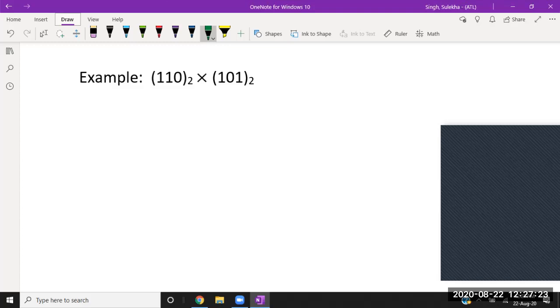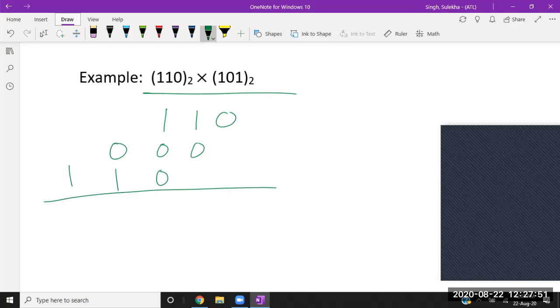Okay, you are already getting the correct answer. What you need to do, if I solve it here, is multiply 1 with 0, then 1 with 1, then 1 with 1, with 0, then 1, 1. Again, I shift one place to my left-hand side and multiply 0 with all. Again, I shift one more place to my left-hand side and write the multiplication of 1, and I will get this number. Then I do the addition.